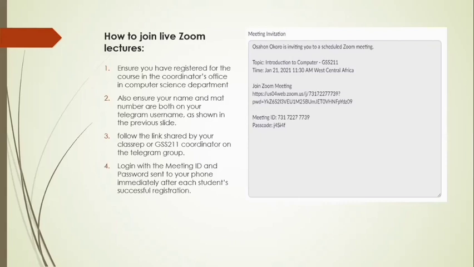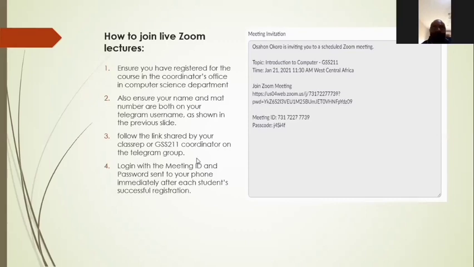Having gotten that sorted out, the next thing that you will also need to do is to ensure that you follow the link that your class rep or the GSS coordinator will give to you to go straight into the Zoom lecture. And you log in with the login credentials we send to your phone, each person, which is your meeting ID and the password. It's only those that have registered that will be able to get the meeting ID and the password, and straight up they go into the meeting. So having said that,